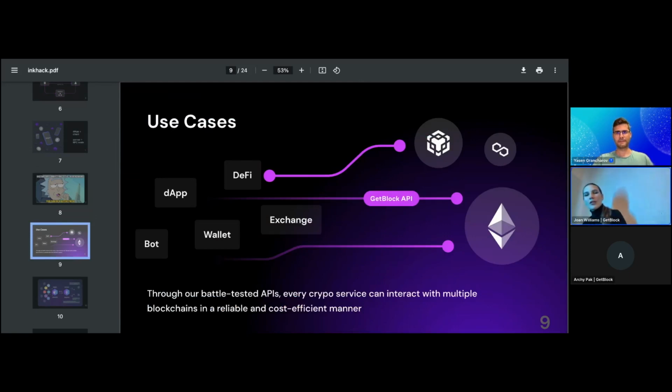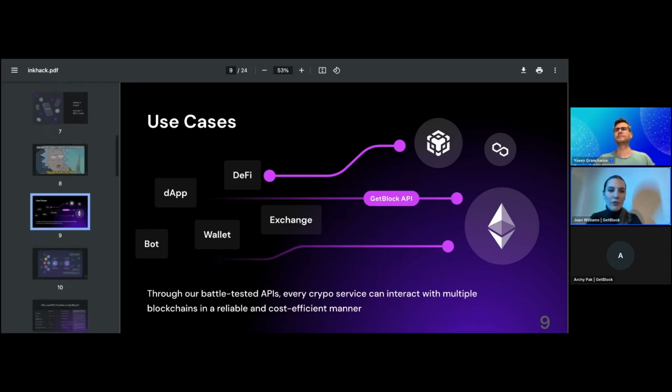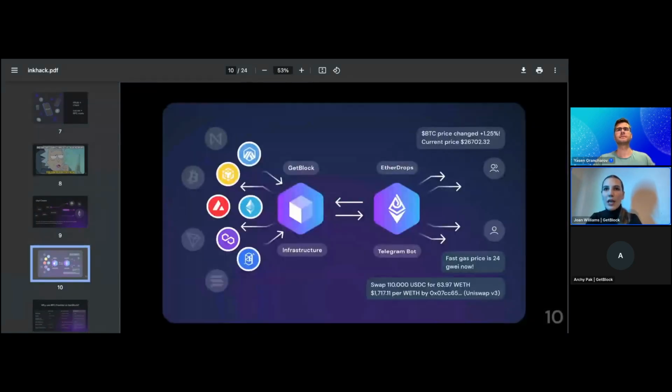Now, these are the use cases of RPC providers, by the example of GetBlock, of course, but mostly any RPC provider. They're useful for wallets, DeFis, dApps, exchanges, trading bots, and any other dApp, actually. Moving to a more specific example of a use case,